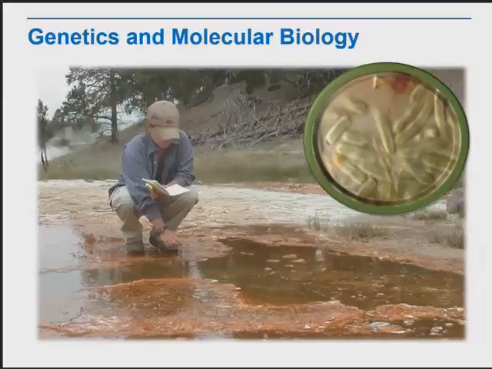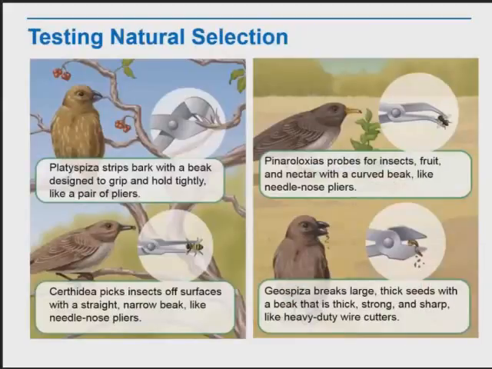Some profound biochemical similarities are best explained by Darwin's conclusion: living organisms evolved through descent with modification from a common ancestor. One way to gather evidence for evolutionary change is to observe natural selection in action. But most examples of evolutionary change discussed so far took place over millions of years, which makes it tough to